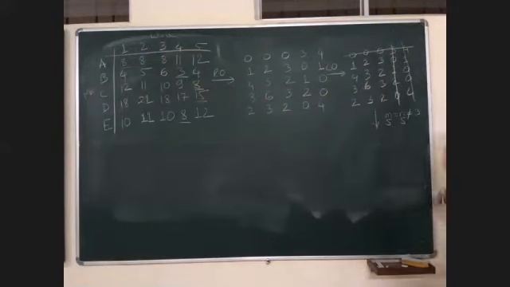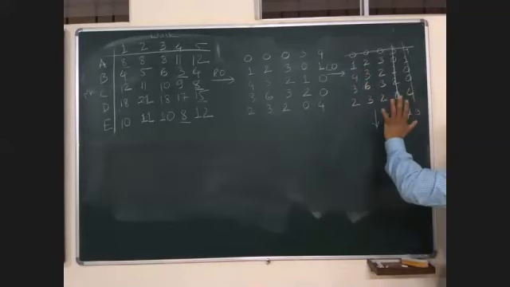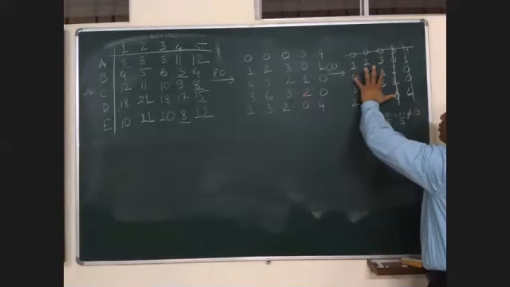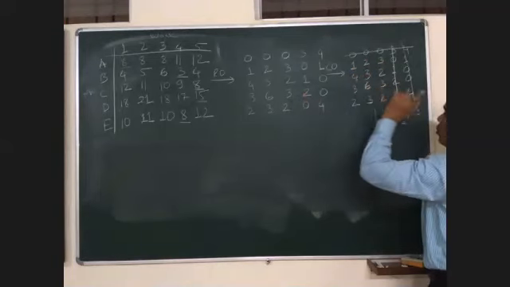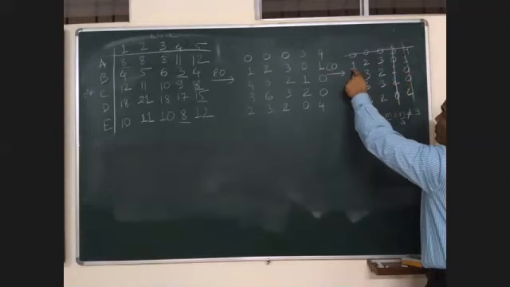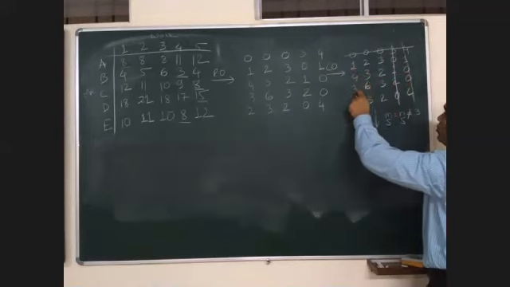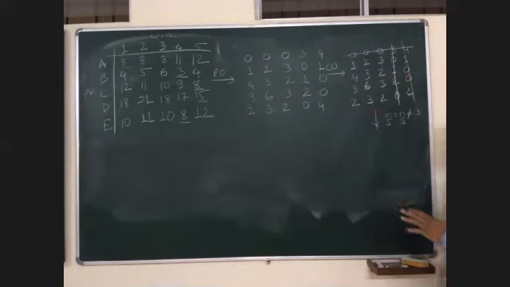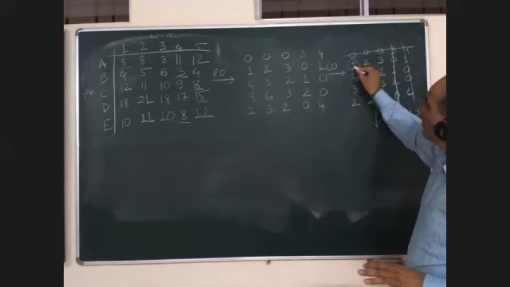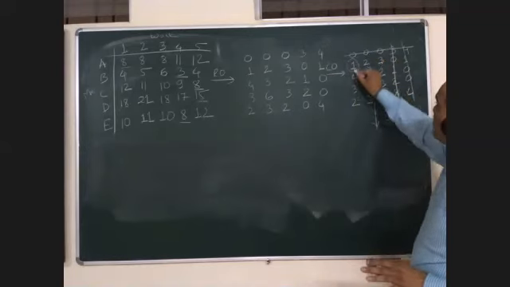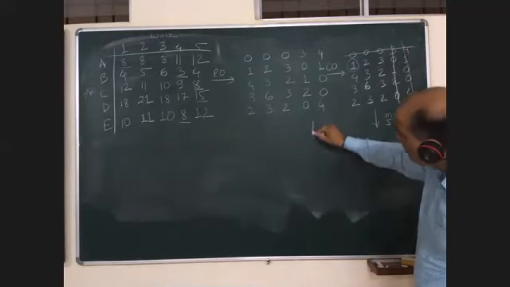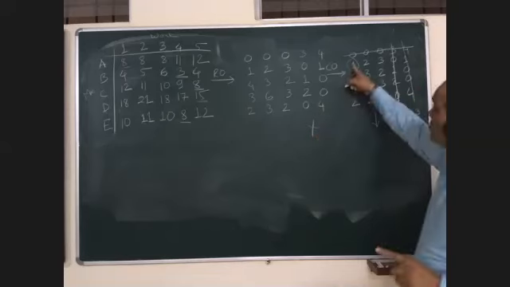What to do next? The next step is, remember, we need not repeat the steps again. Choose the minimum from open numbers. Open numbers means those which are not covered with the line. So if you can see 1, 2, 3, 4, 3, 2, 3, 6, 3, 2, 3, 2. These are the numbers, and the minimum is 1. So subtract this 1 from all other open numbers and add at crossing. Only at crossing you will add this minimum number.